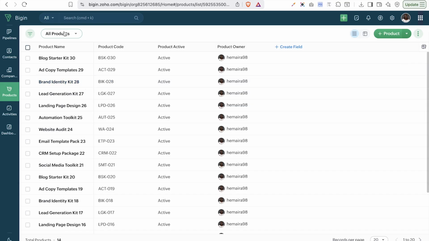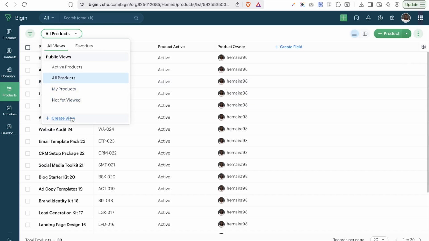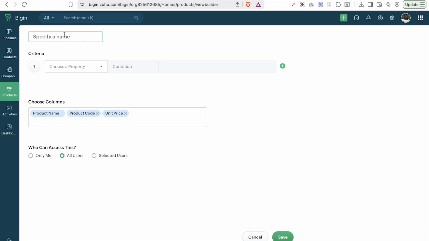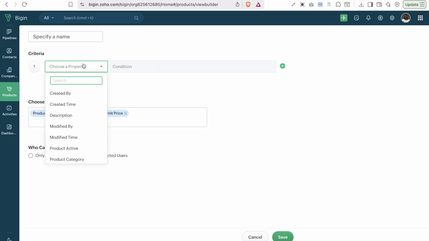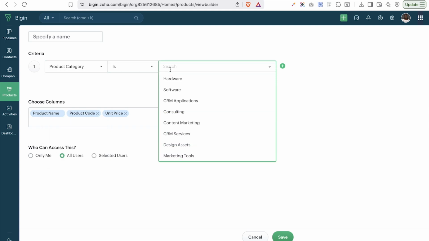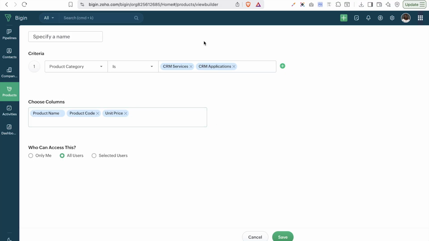Remember that you can also create a custom view for products. You can check in products that are belonging to a particular owner, or you can check in products that have a particular tag, or you can check in products that are in a particular category. So maybe we want to check in products that are in CRM services, everything that has to do with CRM, then we can add that as a custom view. So we can name this CRM services,